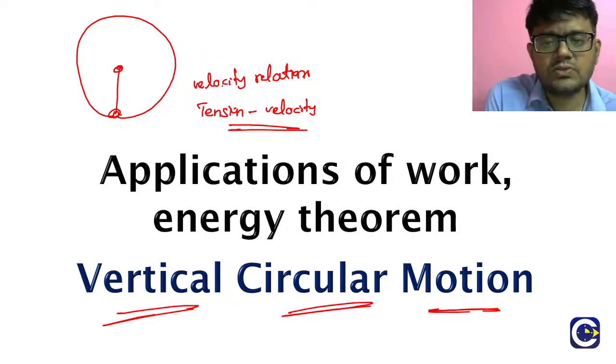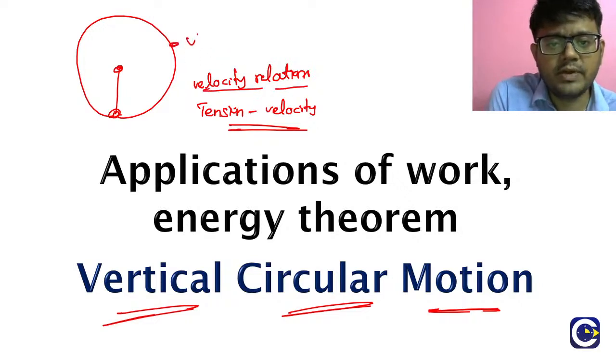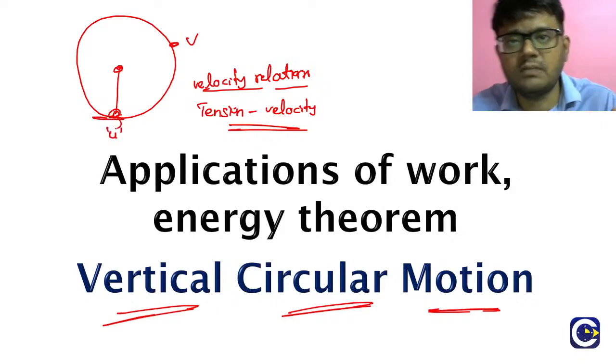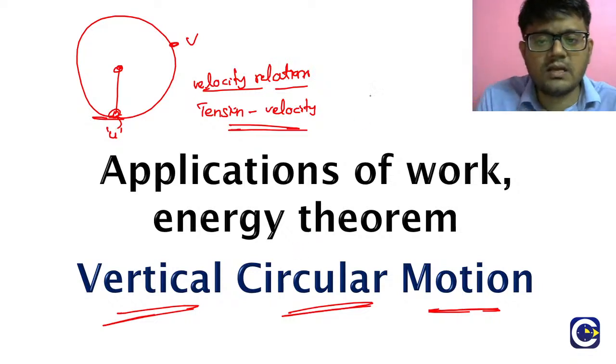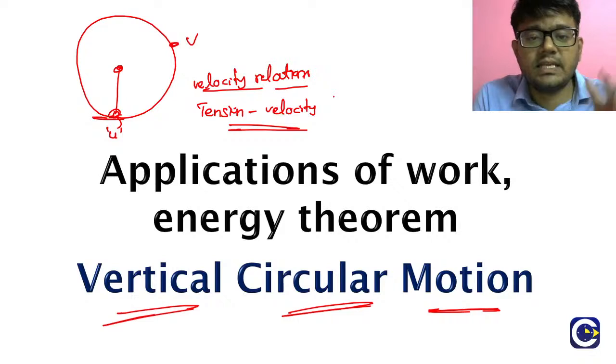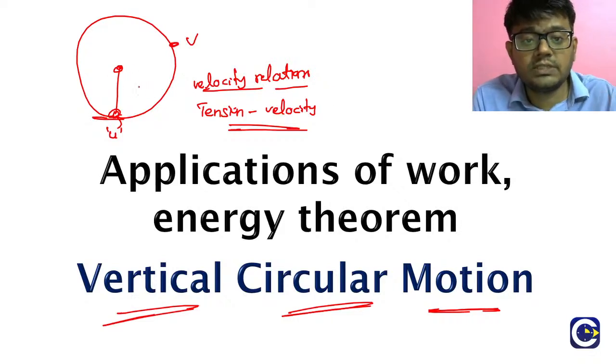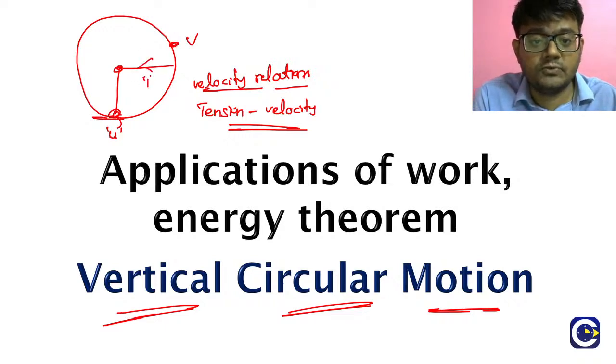So the velocity relations: how is the velocity at a point related to the initial velocity? Initial velocity means we take the bottommost point. Then we looked at the relation for the tension, because here we are taking the example of a stone tied to a rope, or an object tied to a rope. So the tension force will be the